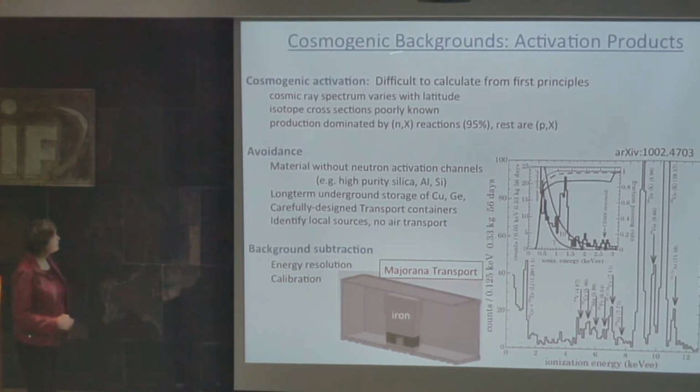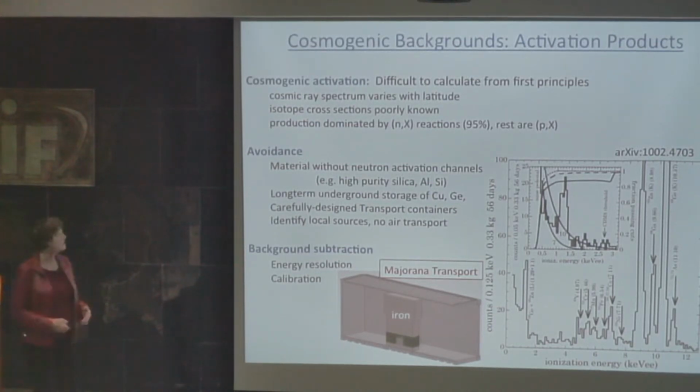Then we have something called activation products, and these are very difficult to calculate from first principles as well, because we're talking about some material that's on the surface of the Earth for a certain amount of time. The cosmic ray spectrum varies with latitude. The isotope cross-sections in the process of this spallation, or whatever particular process is going on at the time, often neutron capture, are just not well known. So what can you do? You can avoid it. And to do that, you want to put all of your materials underground that have cosmogenic